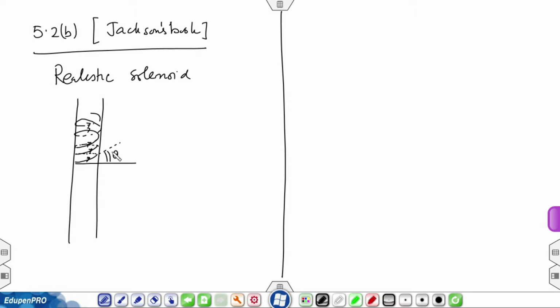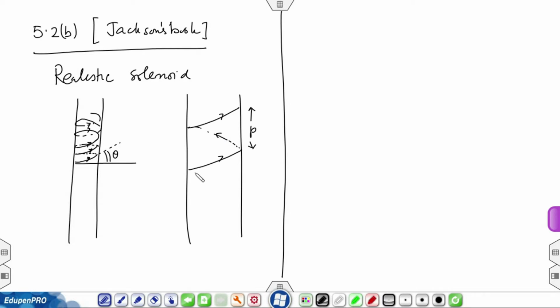If I make it slightly bigger, so the current is going like this, and let me make the next turn a little farther off. This distance is known as the pitch. So, by the time this takes one turn, the turn has moved up by distance p. The angle, as I said, with the z axis, with the horizontal axis is theta,